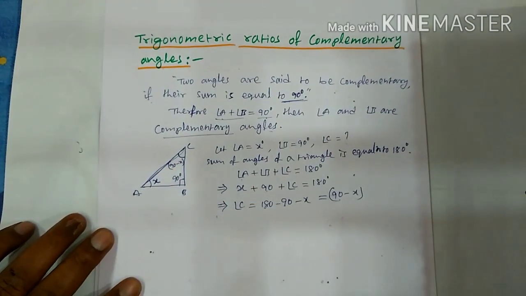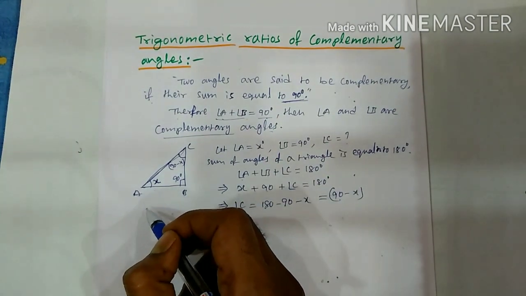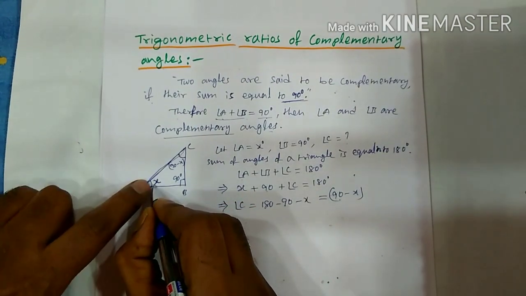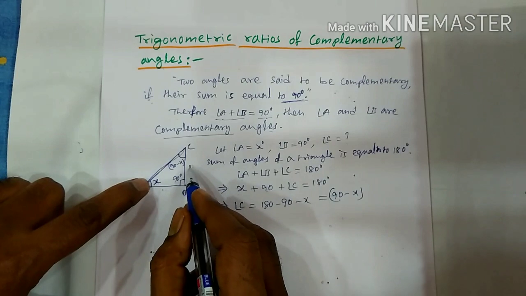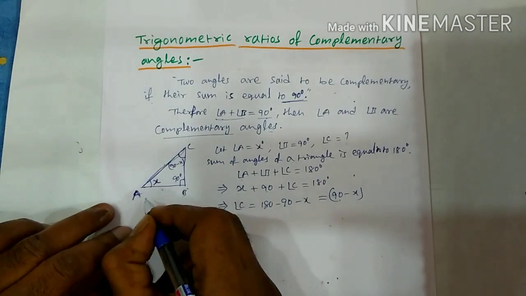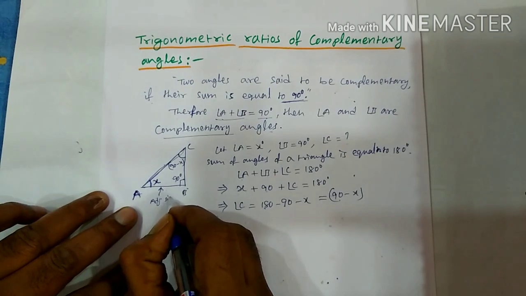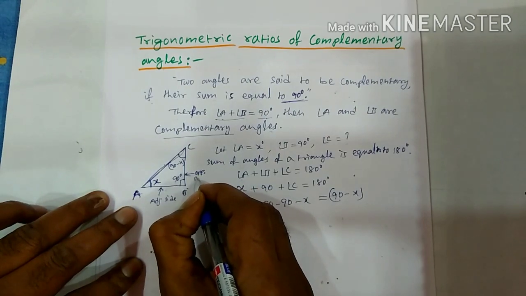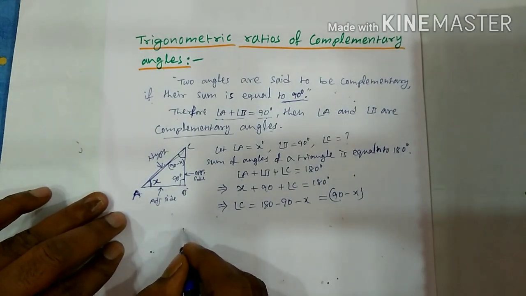These are the three angles of the triangle. Now again we come back to the sides of the triangle. If X is the angle, AB is the adjacent side, BC is the opposite side, and AC is the hypotenuse. Sides are very important. With angle X, this is the adjacent side, this is the opposite side, and this is the hypotenuse. So, same triangle.